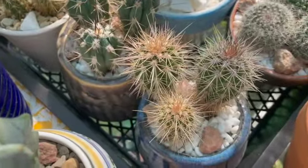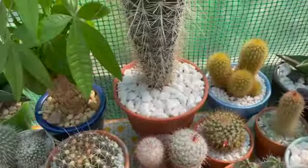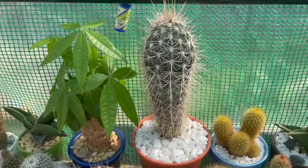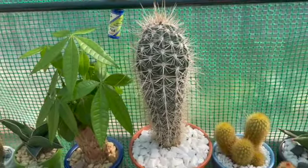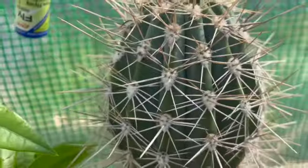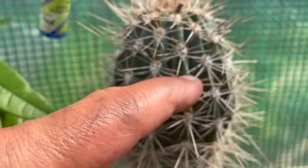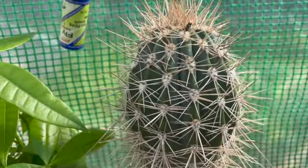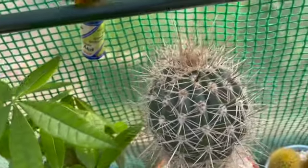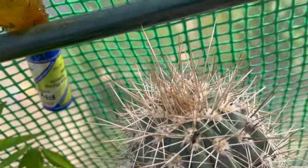Some Toothpick Cactus here and here. And you know what? I passed up my biggest Toothpick Cactus. So this one was about 12 inches high when I first brought it out here. And I bet you it grew about 2 inches. If you look close, let me get the lighting. Right about there is a different color going up, and that's all new growth. It grew probably another 2 inches. A lot more thorns on the top. That's all new, the dark thorns. They were a little redder the last tour,